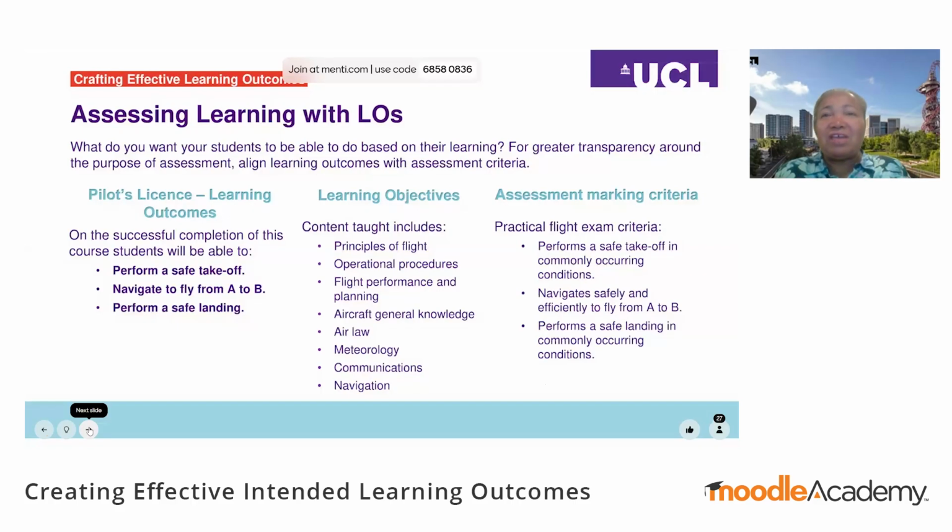When you're going to navigate, you need to know navigation, you need to know air law, where can you be, where can't you be, you need to know how your plane functions and so on. And you can see how each of these topic areas that you're going to teach also help students achieve the outcomes. So in their final practical flight exam, the marking criteria that have the most weighting will obviously be that